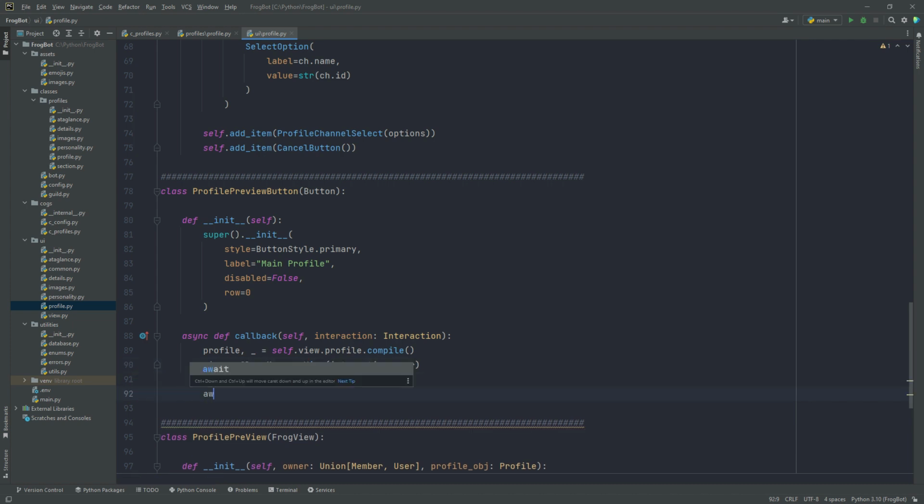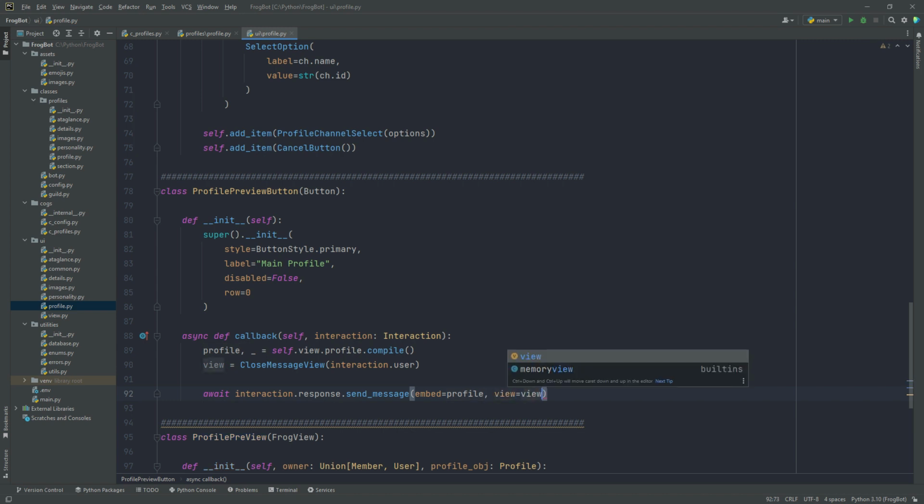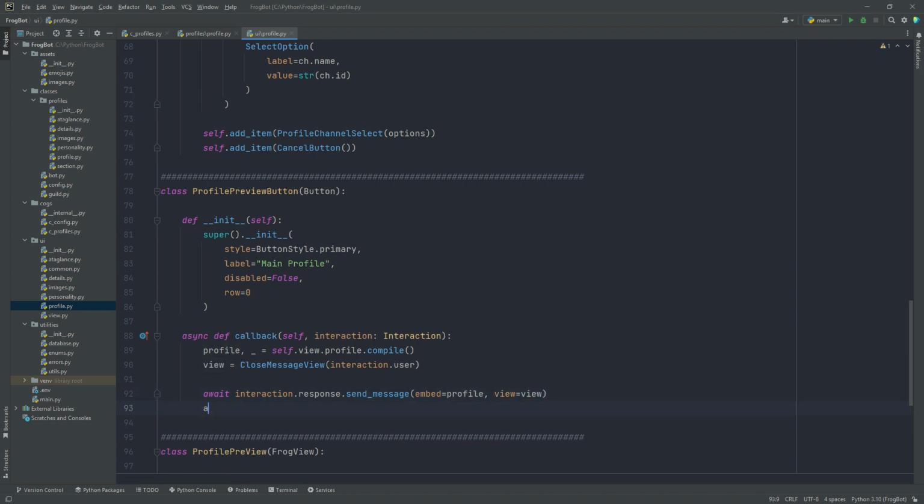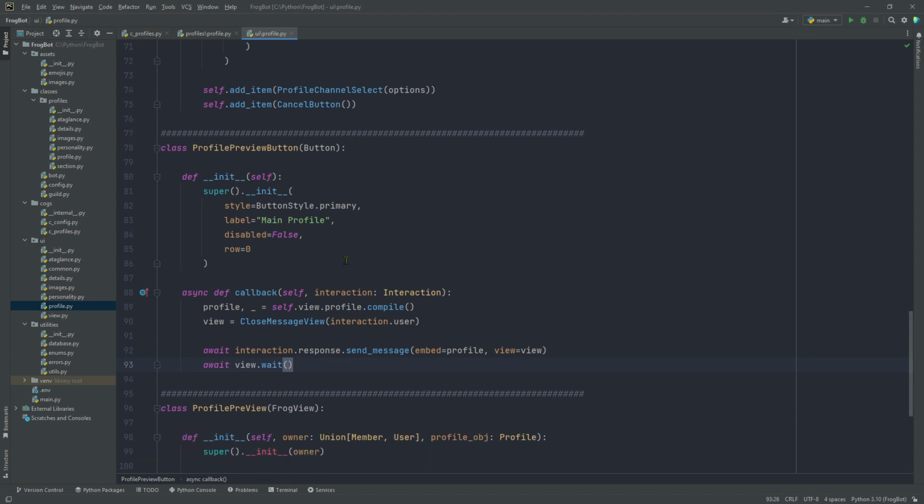And below that, let's say await interaction.response.send_message. The embed is equal to the profile that we made, and the view is equal to the view that we created. Let's await the view,